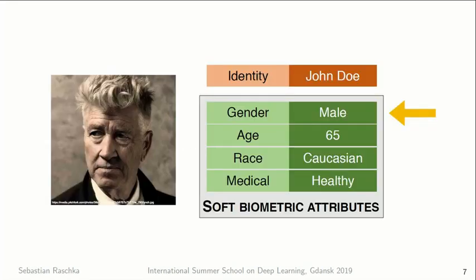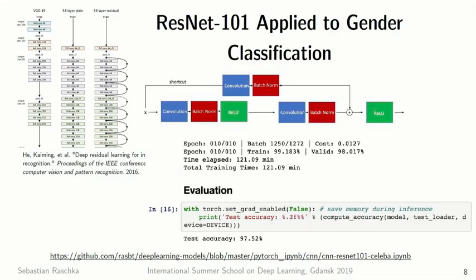So first I will focus on the gender, just predicting the gender of the person. And actually this is so easy that I only want to spend one slide on it. This is something you can just readily do. You just use some off-the-shelf machine learning or deep learning model, give it a data set of labeled images, let's say 50,000 male and 50,000 female images, and then you can easily train a classifier that has a 97 to 99% accuracy. So in this case, I just used an off-the-shelf ResNet model,